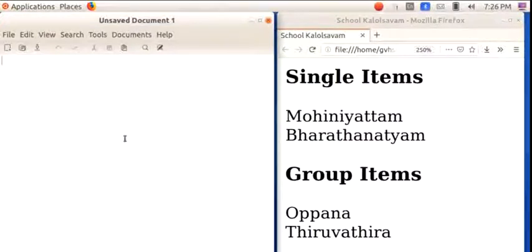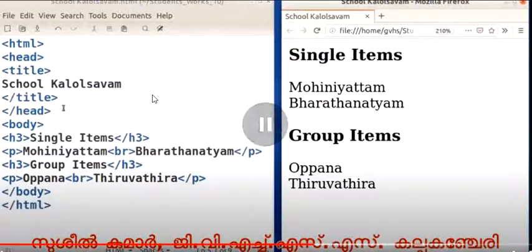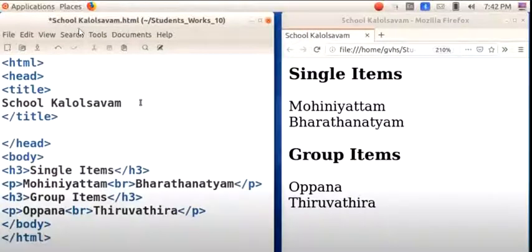Now the text editor window is opened. Now start to type the required HTML code there. Now our HTML code is completed. Next we have to add the CSS code.